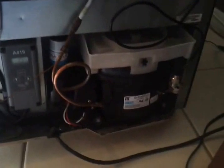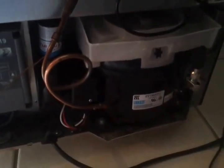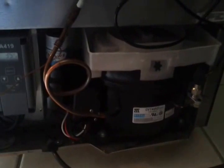I made sure that there was still some Freon in there by pressing the valve, and you hear it hissing, so that means there was still a charge. It just wasn't enough to cool the refrigerator. If it would have been completely empty, we would have had to evacuate the system, put a vacuum on, and get all the moisture out of it, but that was gladly not the case. I've got